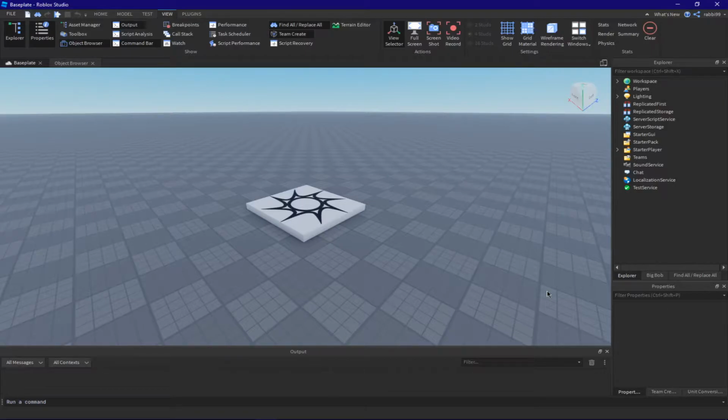And we also have methods. What methods are, they are functions, and they're not just functions, they are meant for the object. So you can have part:Destroy, or you can have part:Clone, part:GetChildren, part:WaitForChild, that kind of stuff. And if you want to know what methods and what events there are, you can find them